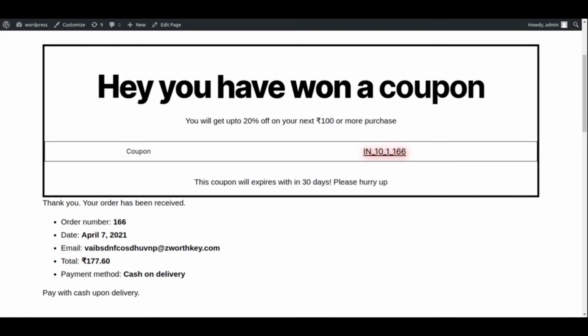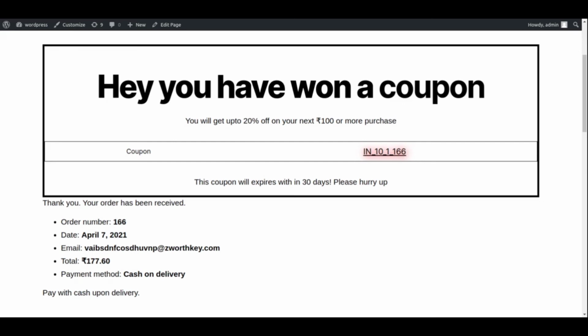If I use this once more, first let me show you the coupon section of WooCommerce. As you can see, only one coupon is available, the 166R coupon, which is now showing on the thank you page.